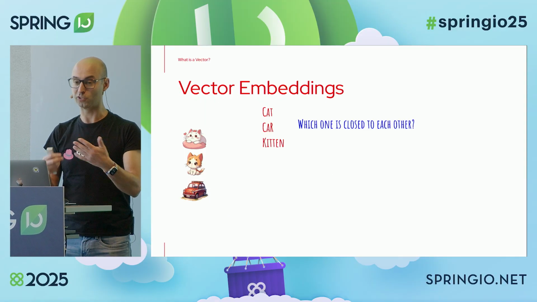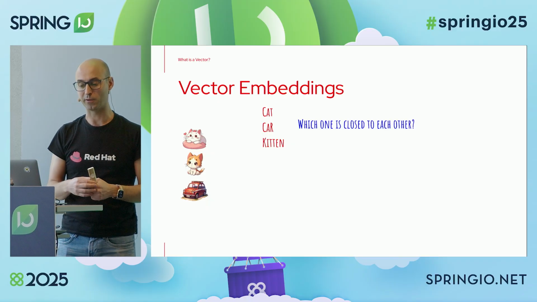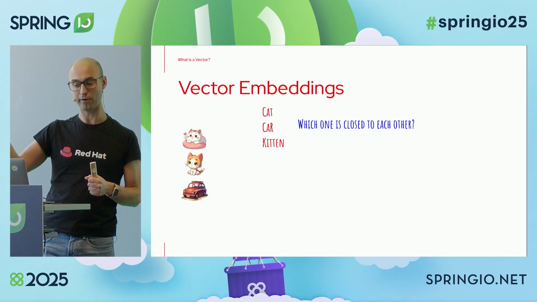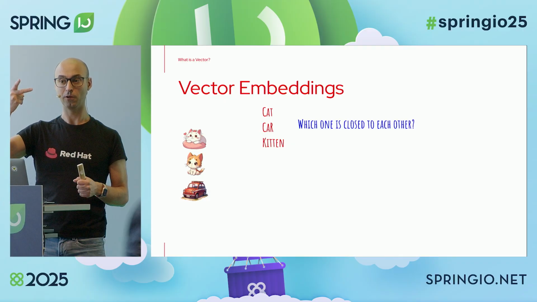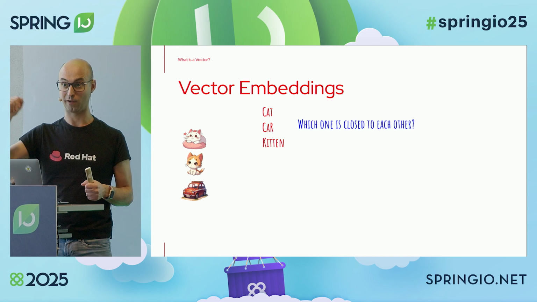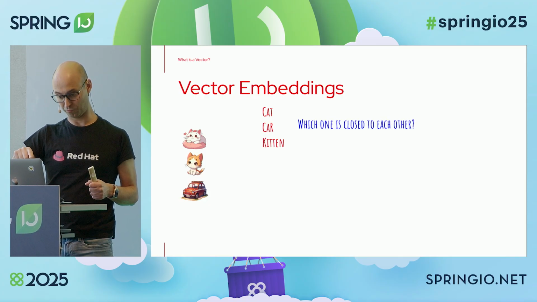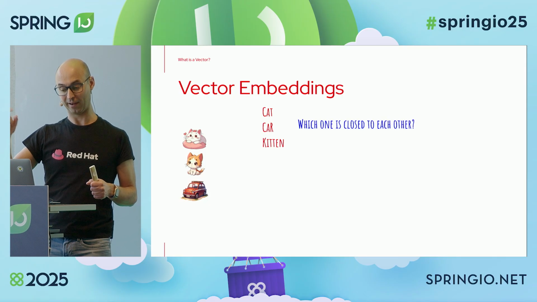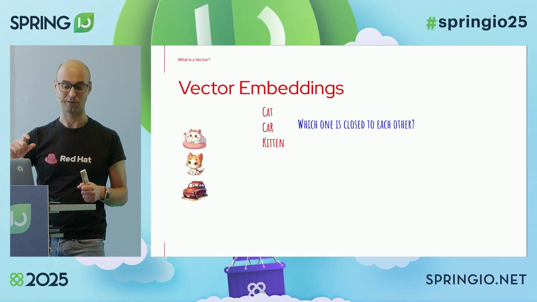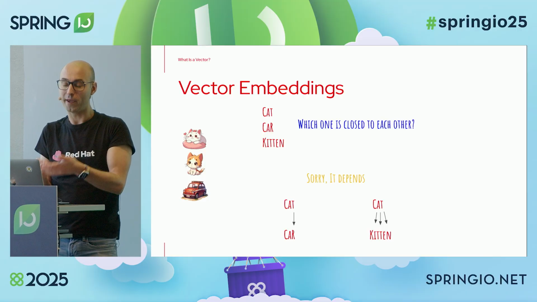Of course, all these things work, but they have some problems. For example, what's happening if I've got cat, car, and kitten? You see that cat and car are quite similar. You only need one step, for example, in the case of Levenshtein distance, while for cat and kitten you need a lot of steps. 1, 2, 3, 4, 5, 6, probably 6 or 7 steps. So it would say that cat and car are closer than cat and kitten. So as you can see, we need another way of working.